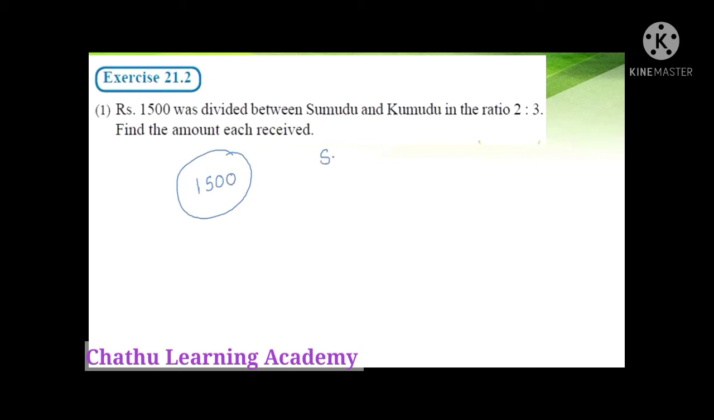1500. Here there are two persons, Sumudu and Kumudu. 2 to 3. Then here this is the total amount. Then what is the total number of parts here? 2 plus 3. එහෙමනම් කොටස් පහක් තියෙනවා මේක ඇතුලේ. 5 parts is equal 1500. එහෙමනම් එක කොටසකට අදාළව